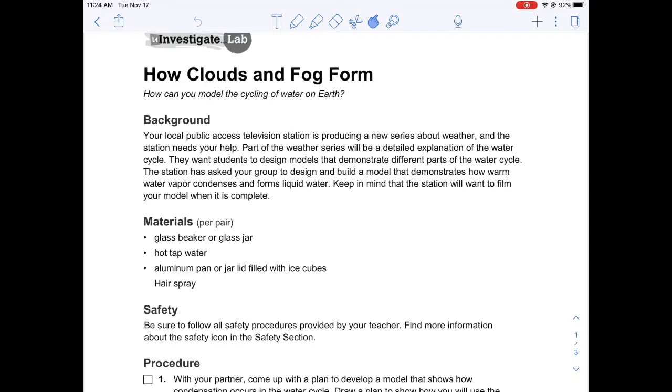So let's start by looking at the problem here. It says, how can you model the cycling of water on Earth? And that's what we're trying to do here. We're trying to develop a model that shows the formation of a cloud and shows us some of the steps